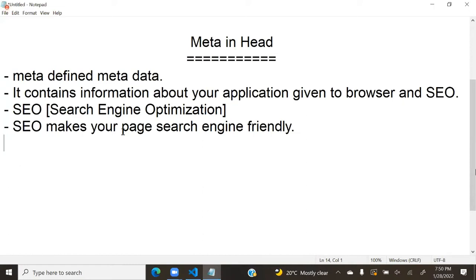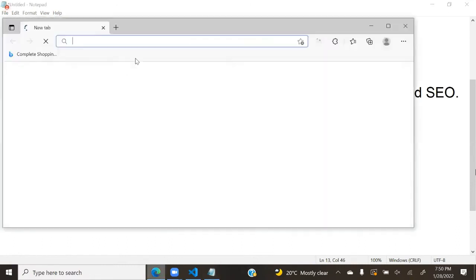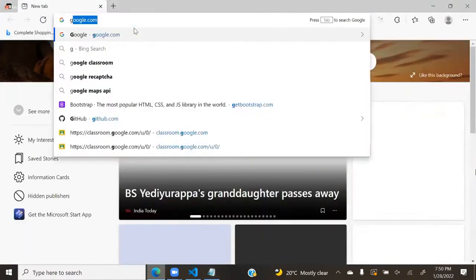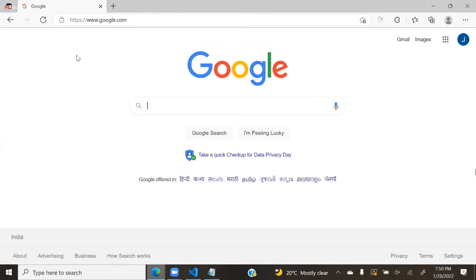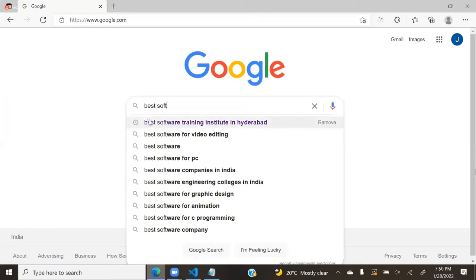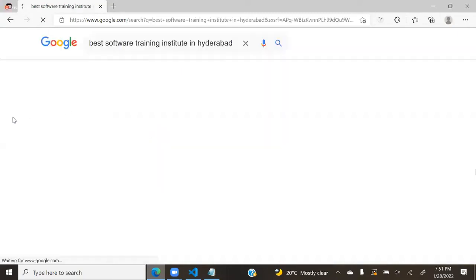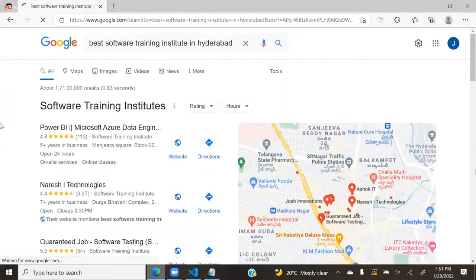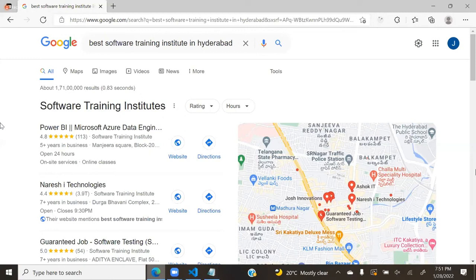So, for example, I will open a browser. Let's open a search engine, Google. In this search engine, I am typing some search words, like best software training institute in Hyderabad, and some results came.